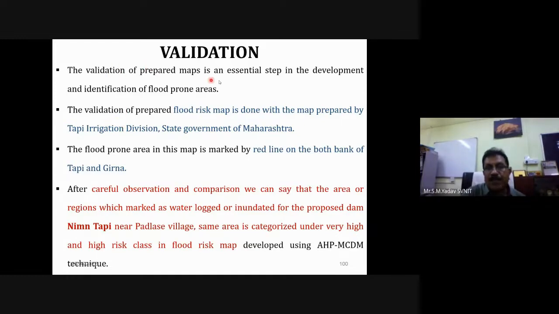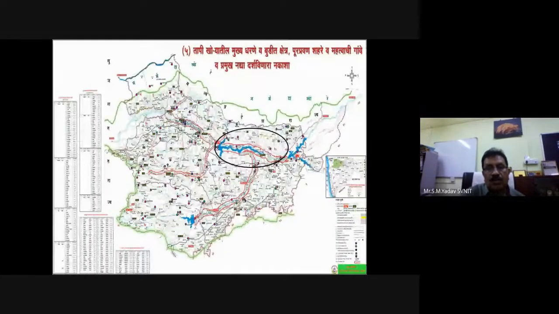the validation of the prepared map is an essential step in the identification of flood prone areas. The validation of the prepared flood risk map is done with the map prepared by Tapi Irrigation Division, State Government of Maharashtra. The flood prone area in this map is marked by red line on both the banks of Tapi and Girna River. So this is the map which we have collected from the Maharashtra State Government